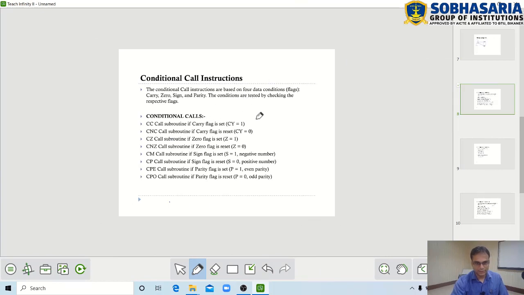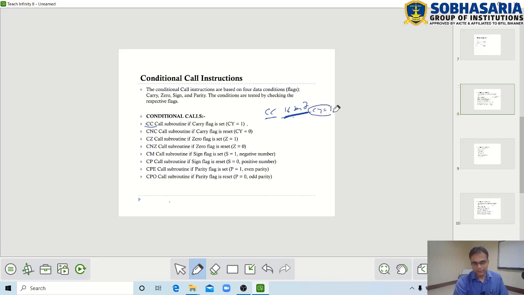Now conditional call instructions. There are several flags which are used to check the conditions. Suppose here the instruction CC 16-bit, this instruction is called call on carry, which calls the subroutine written at this address. So the instruction CC will call the subroutine at this address if the carry flag is 1.